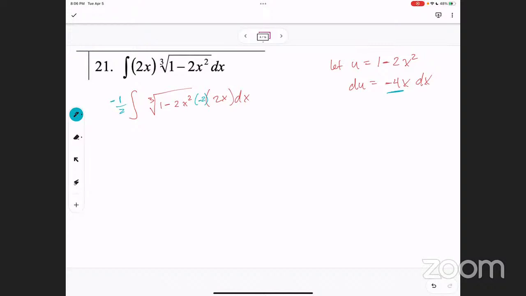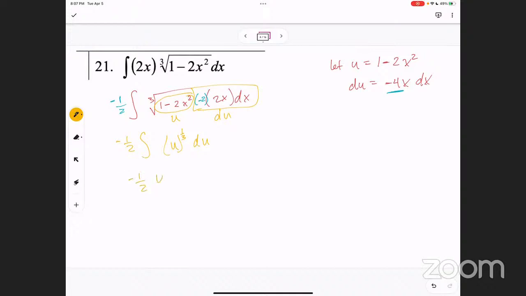Okay. So do you see how in blue I added basically nothing to this problem? That's how I like to do it. Now you can see that this right here is u, and this is du. So it's negative 1/2 integral of the cube root of u du. And let's even write the cube root as 1/3 power. And now to find the integral,